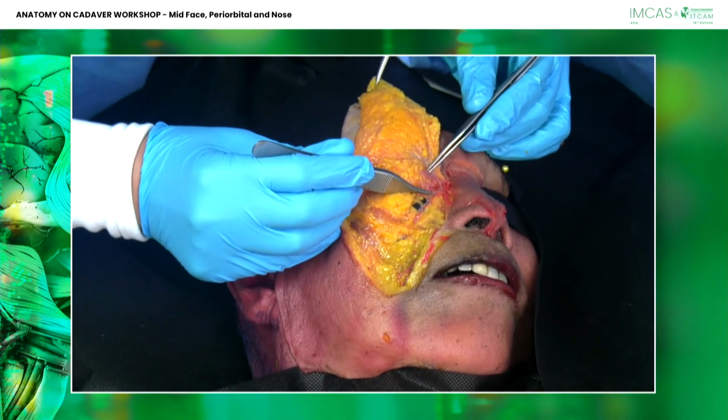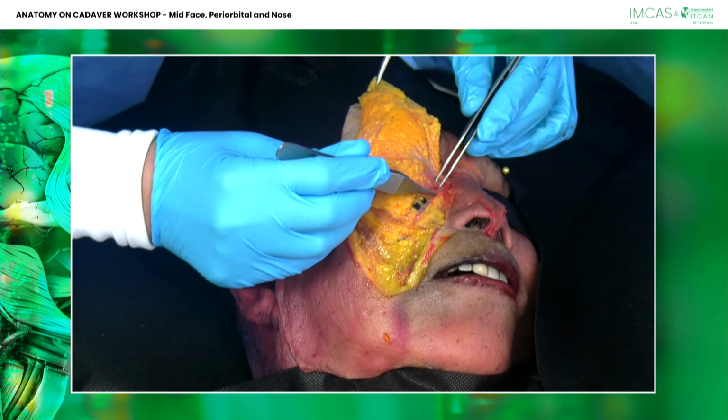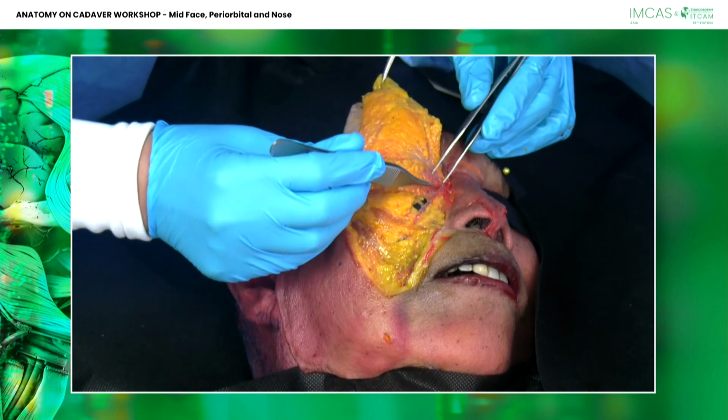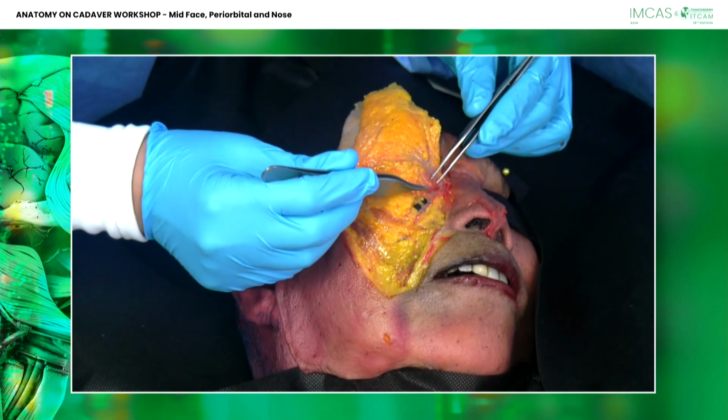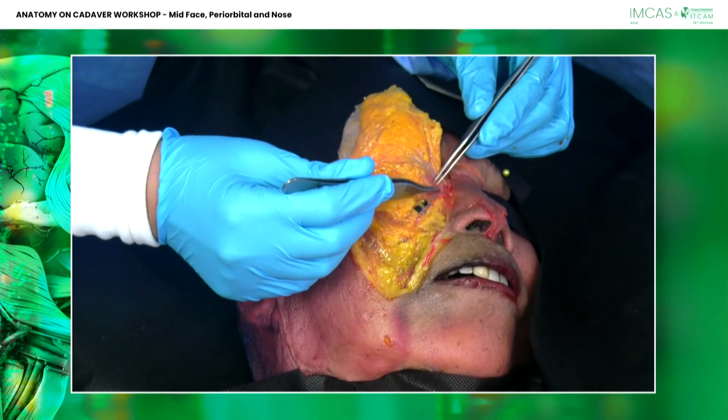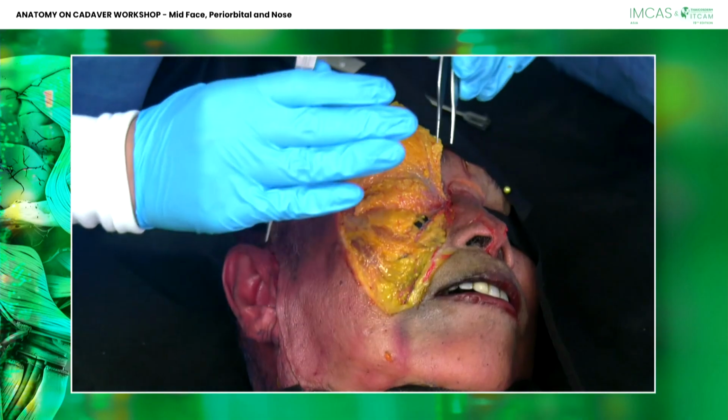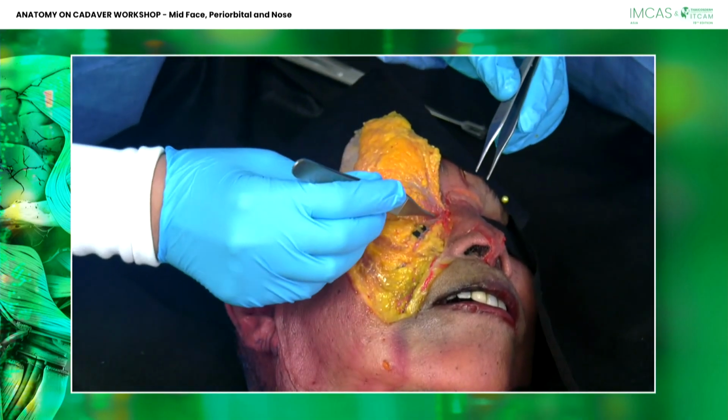Could you please zoom in? Because this area doesn't have a lot of deep fat, when you do injection here, you must be aware that there isn't a lot of fat to make a gliding plane for your product here. But